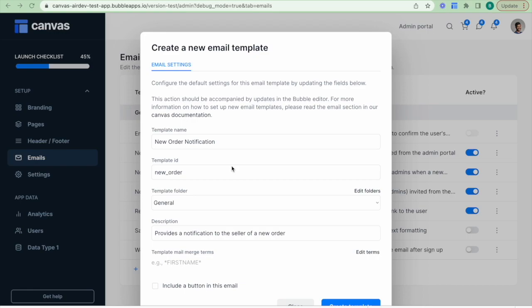Now, when I send out these invoices in bulk, the mail merge terms in the templates will be replaced with the customer's information, which is stored in our database. Bringing this back to the example that we have here on the screen, where we want to provide a notification to the seller of a new order on their seller account, the two template mail merge terms that I really want for this particular use case are the first name,